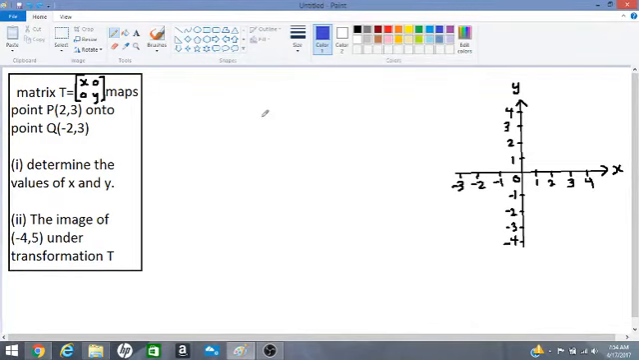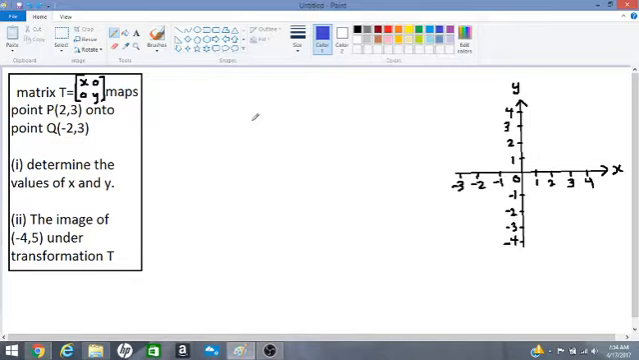We are asked to find a matrix T that maps point P to point Q. We are given the coordinates of P and Q. We are given the form of the matrix T. It has two missing numbers, x and y. We are asked to find those values, and then we are asked to find the image of a point under